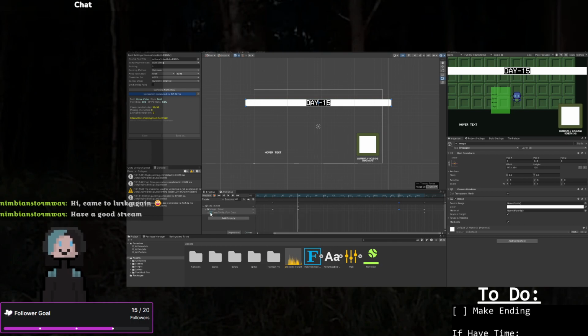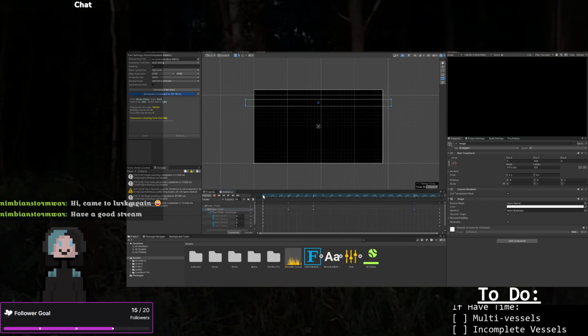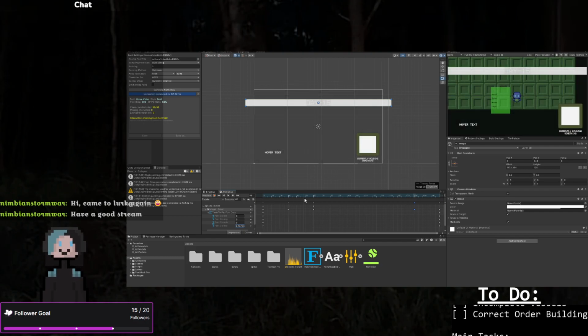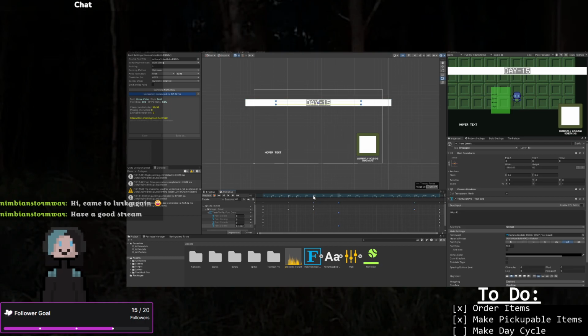Font color, alpha 0. Here I can have it as